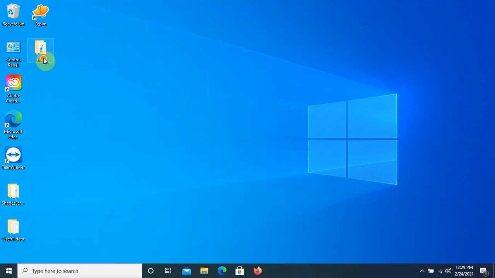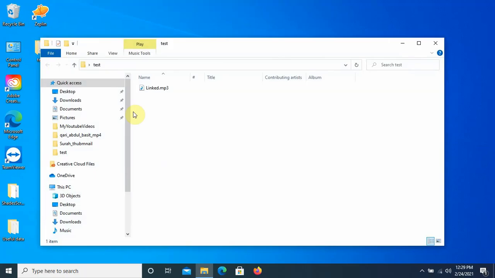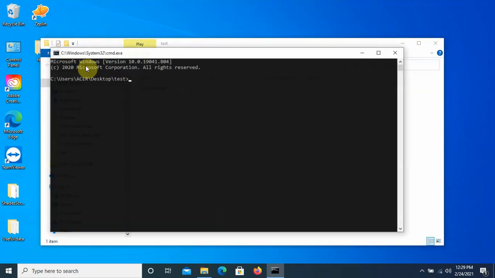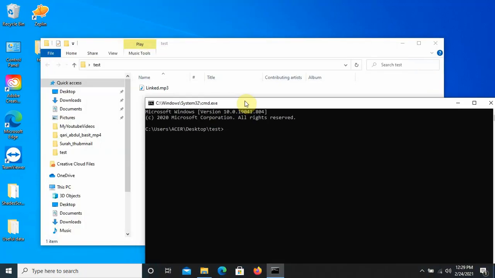Just choose any file you want to convert using FFmpeg. Open the command prompt. For example, I want to convert this MP3 file into WAV format. So the command for this is